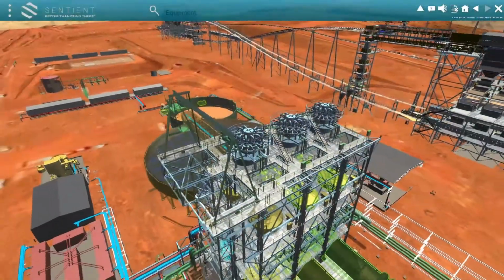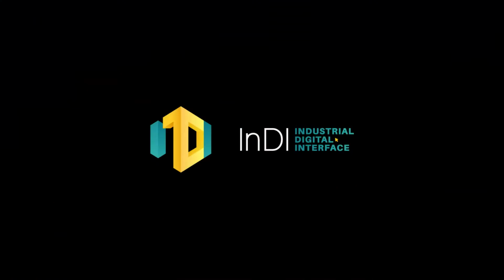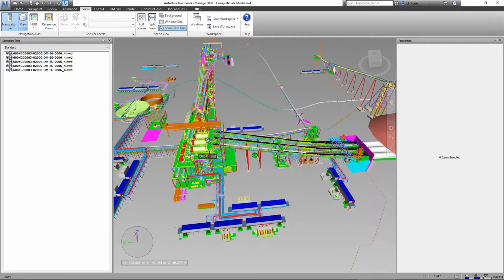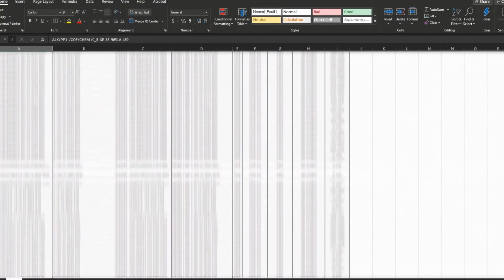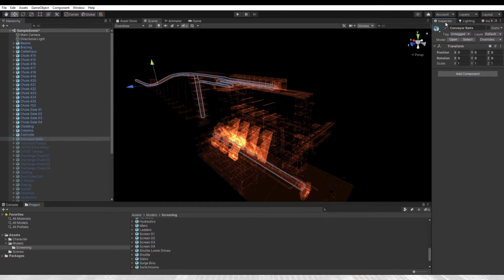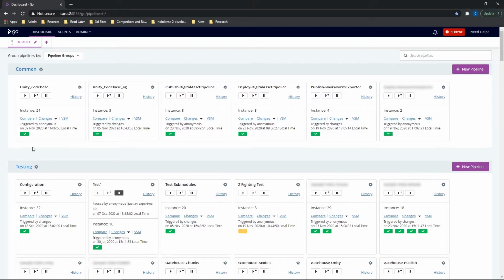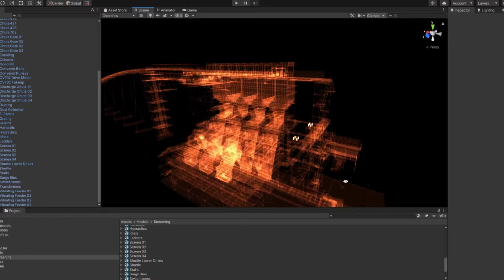We built a digital twin using our proprietary software named InDI. We were supplied with two items from our client: a Navisworks CAD file, which is an engineering drawing of the installation, and APIs to several data sources containing the properties of individual pieces of equipment. We have been developing pipelines and processes for several years that enable us to handle large complex 3D models and